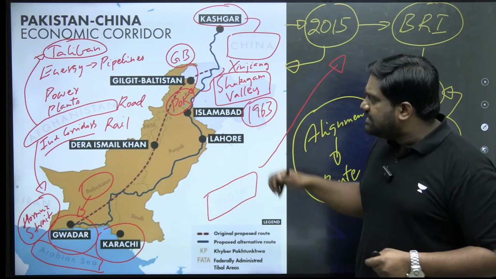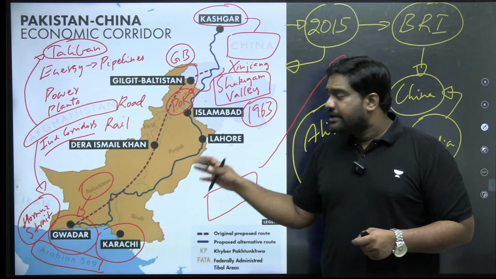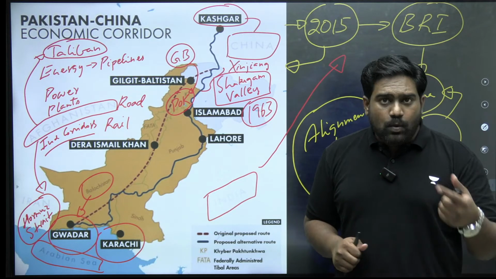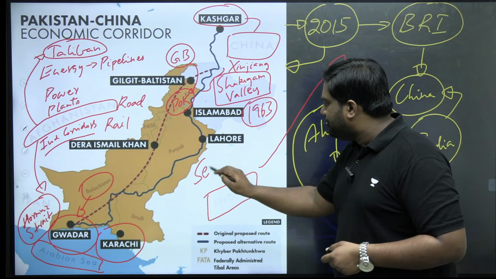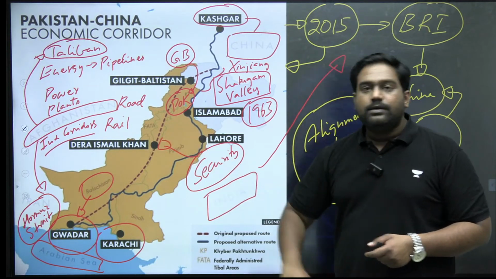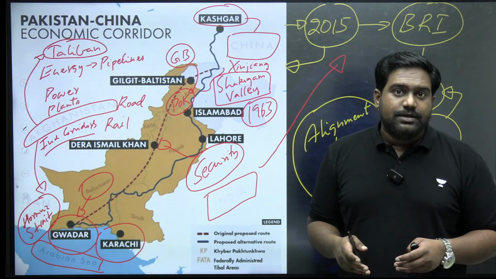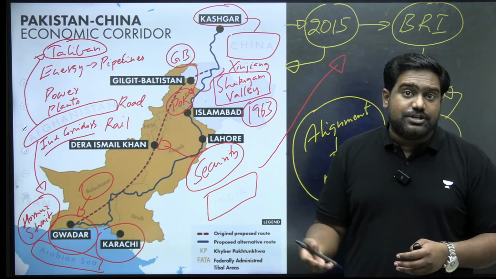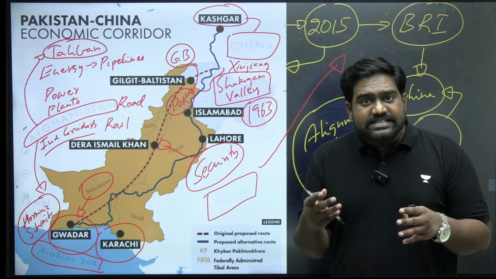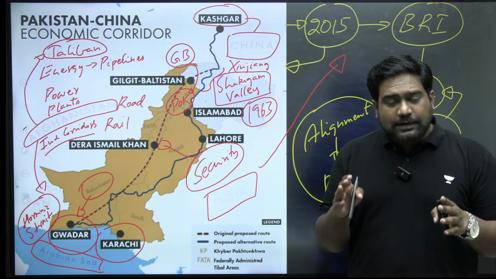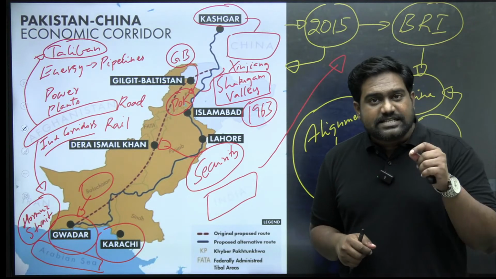Now, China, which has invested billions of dollars in Pakistan, is obviously worried about the viability of these projects. Because on one hand, there are security threats. There have been several security threats against the project. There have been targeted attacks, not just against the projects, but even against Chinese workers and Chinese engineers. Even Chinese diplomatic missions, for example, the Chinese consulate in Karachi, has been targeted by terrorist groups such as the TTP,